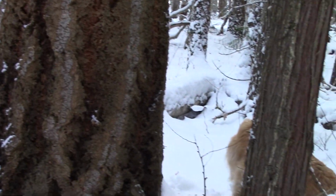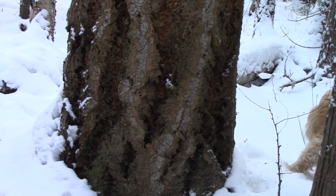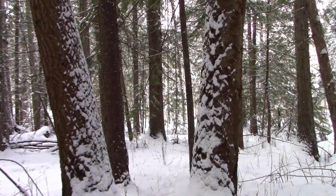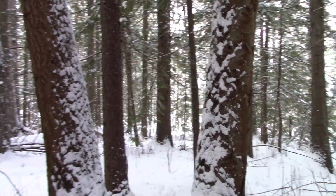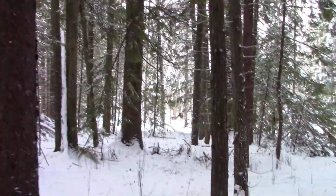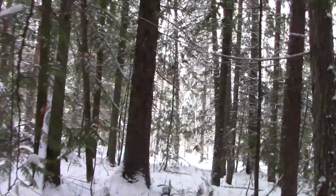Even the dog is taking a look. So there you have a fir tree. So here we have a couple of fairly big firs leading to a very large spruce, which I'm going to walk to through the forest. So you have to forgive my steps as we approach this spruce. It doesn't look huge from here, but as we get closer to it,